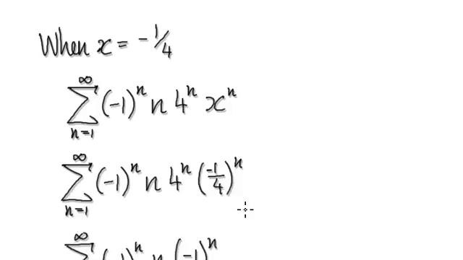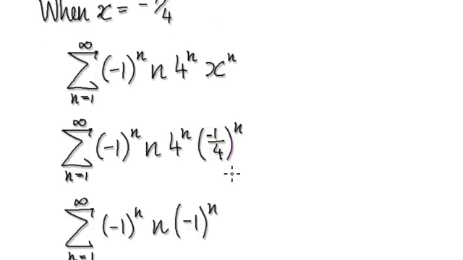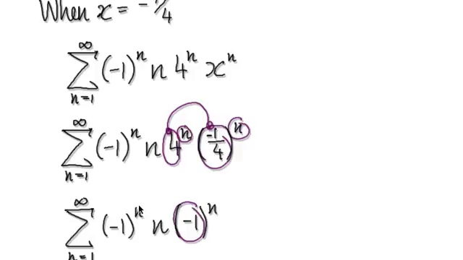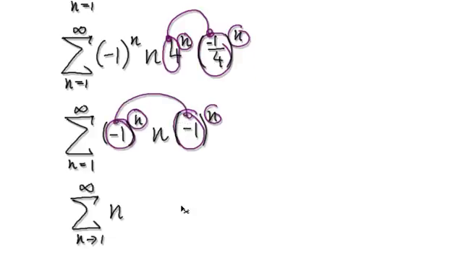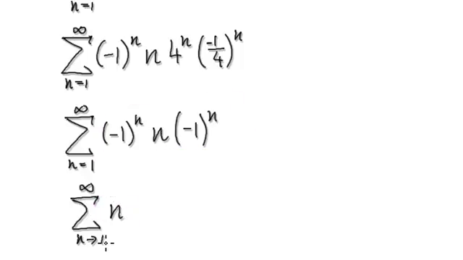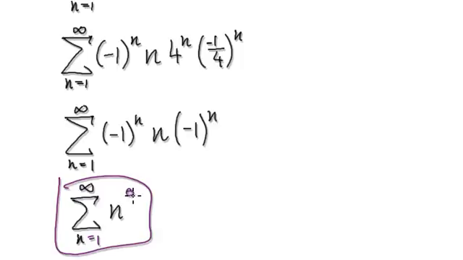So to check it, when x is negative a quarter, put it into here. That will give you this negative, and then you've got this thing to the power of n. So you can just simply get this times this. 4 times negative a quarter will give you negative 1. Now if you look at this, you can get this times this, and that will be 1. This whole thing here will be 1. And then as n heads towards infinity, this is just going to get bigger and bigger and bigger,